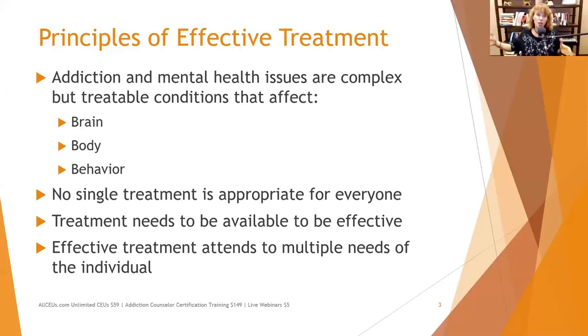Now, if a clinician charges $100 a session, that's 13 sessions, which could be virtually the entire course of treatment before insurance even kicks in. And a lot of people don't have that kind of money just laying around. So we want to look at the affordability and availability of treatment, which is one of the reasons I push groups a lot, because groups are a way that we can provide a lot of services for affordable amounts for the clients and still put food on our own tables. So how can we as clinicians make treatment more available to those in our community?